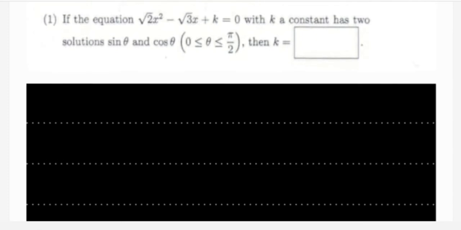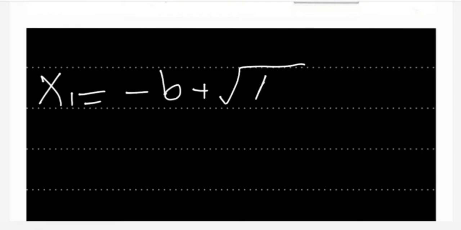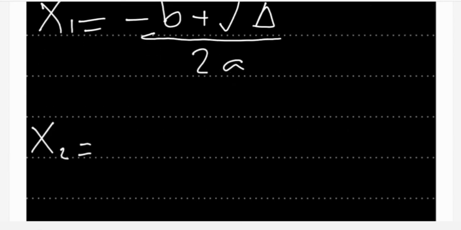And the second thing is that these solutions are sine and cosine, so we can use some trig relations too. Now, how do we go on solving this? Well, he is telling us for sure that this has two solutions, okay? So look, if you remember, what can be the solutions? Minus b plus or minus the square root of delta divided by 2a, right? So I'm going to call x1 the first solution, minus b plus the square root of delta divided by 2a. And I'm going to call x2 the second solution, minus b minus the square root of delta divided by 2a,